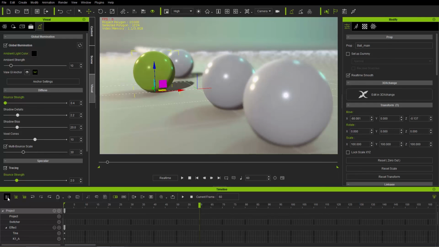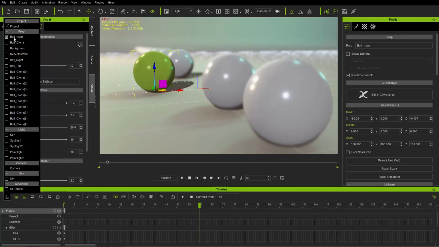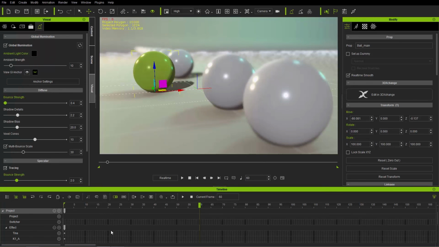And what happens is we can't really see the track right now because we need to go over here to our track listing and select the ball main. We already have it selected, so it should appear a little bit further down on our timeline. Let's close down the project track right now since we don't need that. And you can see ball main right here. I always recommend having this object-related track selected because whatever you select in your scene, it's going to switch to that item. Okay, you can see the ball name changes. Ball main right here, and we have this keyframe in the timeline. Okay, so that's your simple animation.